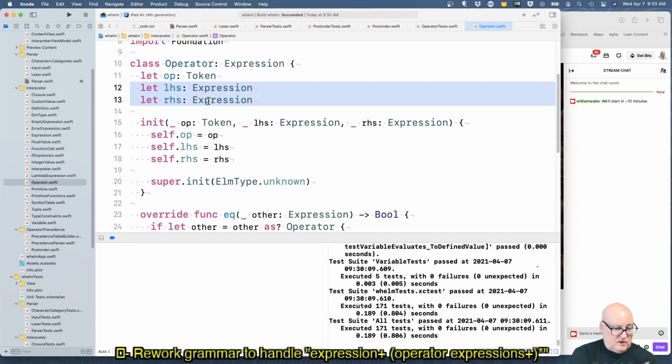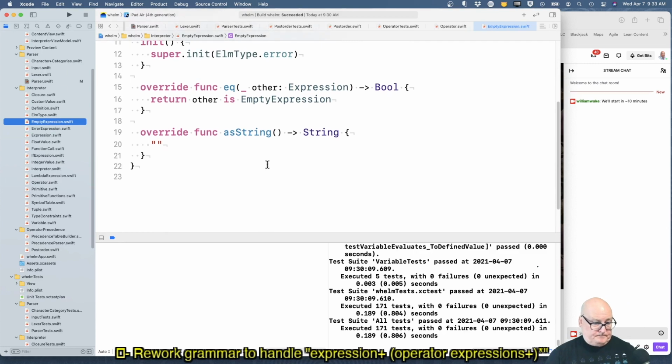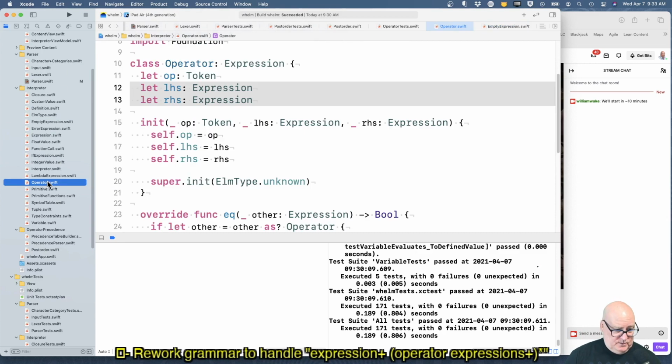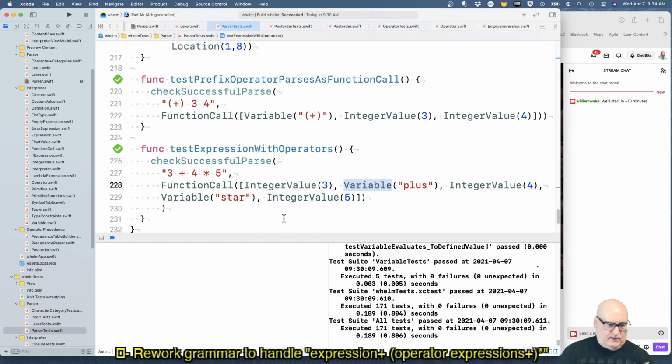We could call empty expression, which just is a placeholder. Maybe that's the thing to do. We'll make an operator. We'll throw placeholder empty expressions in. The new parser is not going to look at those left-hand side, right-hand side. It's just going to look at the operator and say, "Oh, it's an operator token. Let's drop it in." Okay. So we could do that now instead of these variables. That would be a step forward.